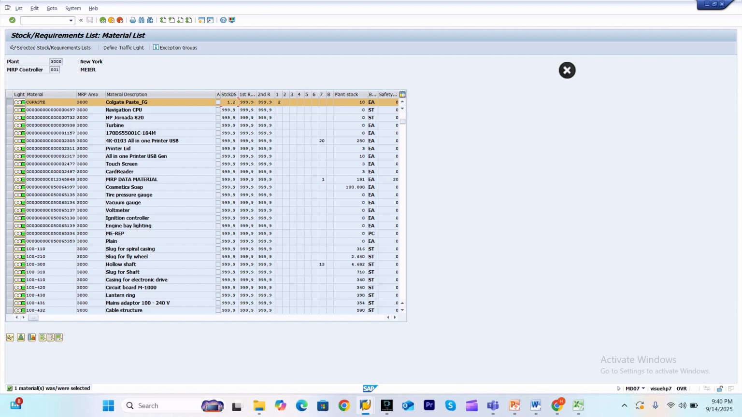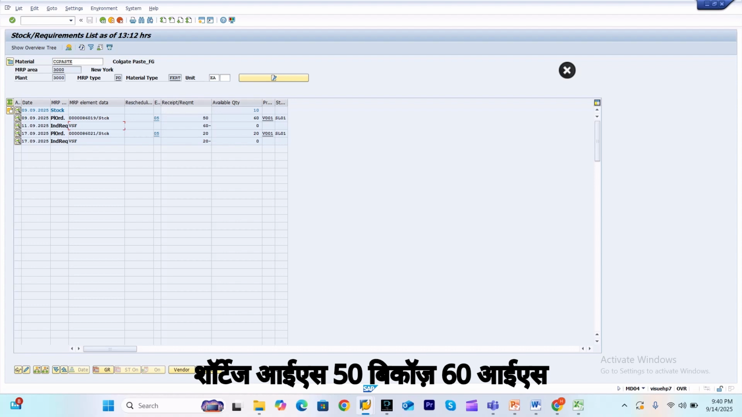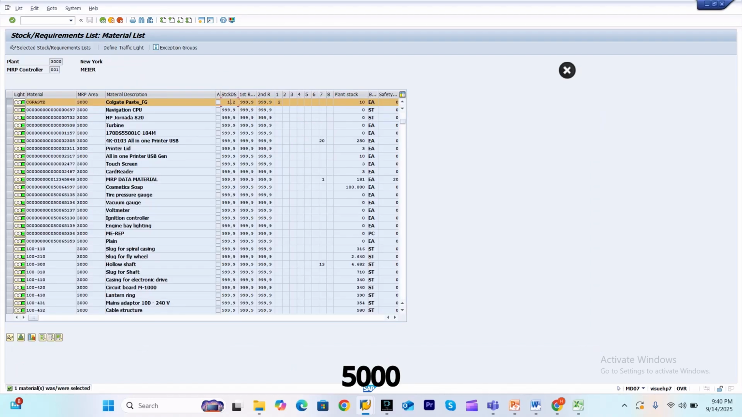Okay, and then the stock on the first day of requirement, stock was 10. And shortage is 50, because 60 is the requirement and now the shortage is 50. So 10 divided by 50. So here,